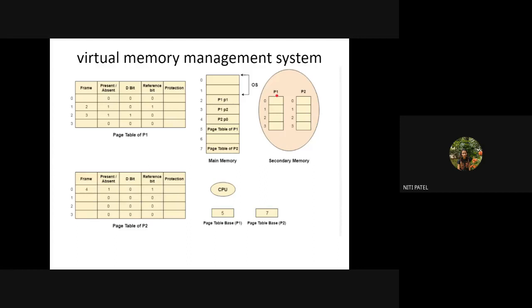So for process P1, this is the page table. Let us see what the information is. We have pages 0, 1, 2, 3. We have the frame numbers. We know which bits are present and which are absent. Let us ignore the remaining 3 bits, which are not utilized. We only want these 3 things: page number, frame number, and absent or present. Absent or present means valid bit or invalid bit. If 1 is marked, it is a valid bit; if 0 is marked, it is invalid. Invalid means it is not required now. If you want, you will load it in future.